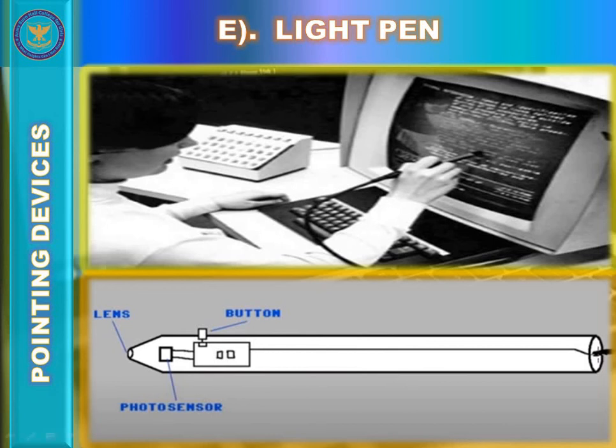If we talk specifically about the structure of a light pen, the light pen consists of photocells and an optical system placed in a small tube. When its tip is moved over the monitor screen and the pen button is pressed, its photocell sensing element detects the screen location and sends the corresponding signals to the CPU.